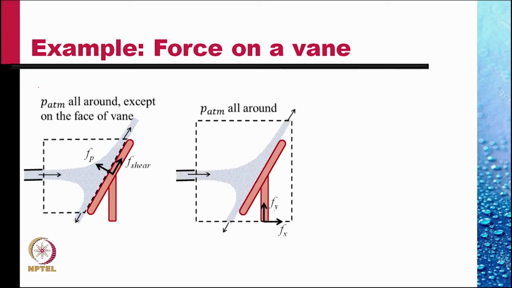So we may choose a control volume like this. In this case, there is atmospheric pressure all around, like there was in the first case as well. The jet of water is out of the nozzle, so it will have a pressure equal to atmospheric at all three locations. And then the solid forces within the support of the vane would become external forces, Fx and Fy, as shown. This is a fairly good control volume,